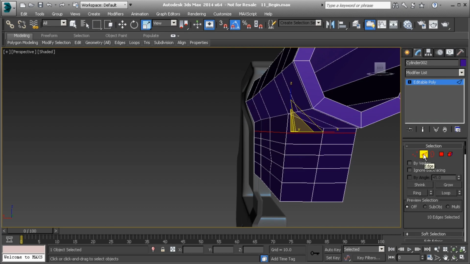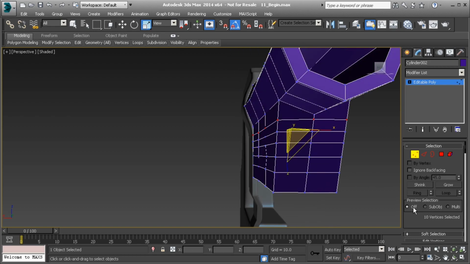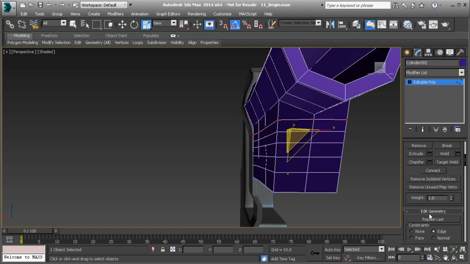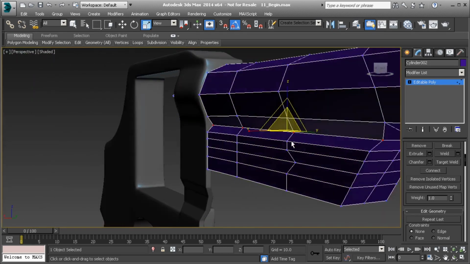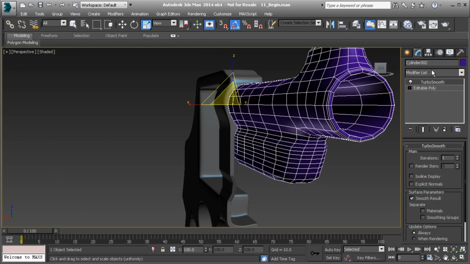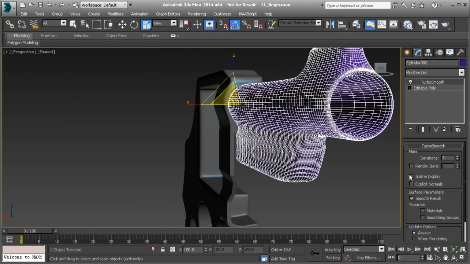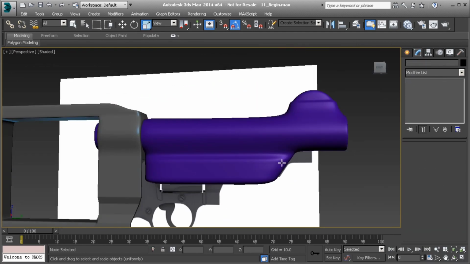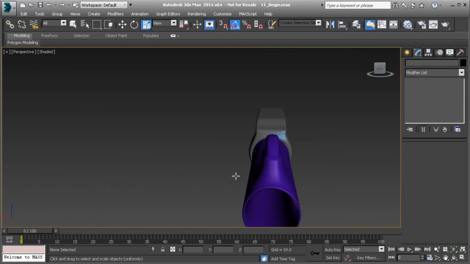Let's convert our edge selection to vertex. Scale that in the X so it looks something like that. But before we do it, let's make sure we turn off edge constraint. Now let's push that in. There we go. Alright, so now let's go ahead and take a look at it with Turbo Smooth on. And we'll bump that up maybe 2 or 3. Turn on Isoline Display. And you can see again it gets very mushy. But we know that we have to add in some control loops to